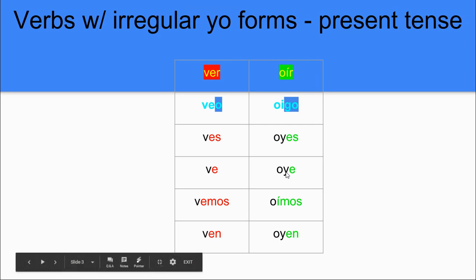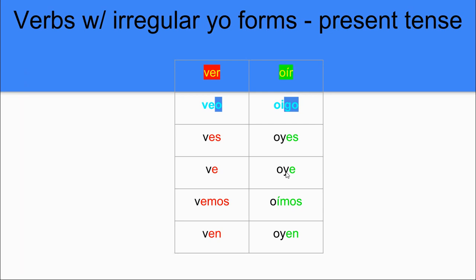Many times you'll hear people use the word oye or oyes when you're talking about hearing, but you might hear somebody say oye also for to get someone's attention, like, hey, oye. And if you want to be more formal, you would use the form oiga. But in an informal, hey, get someone's attention, oye.